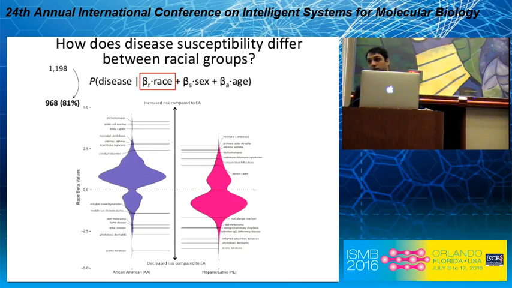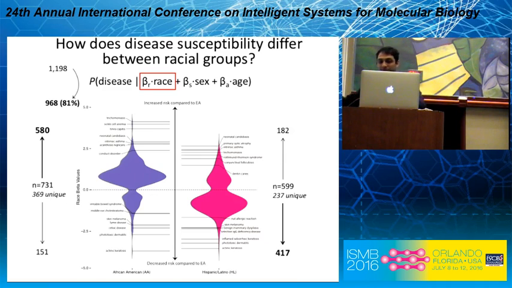Some of these diseases that are highlighted from a clinician in our group make clinical sense. Sickle cell anemia floats to the top of the African American risk, and for a lot of skin disorders, being African American or Hispanic Latino is protective. There's increased risk for European Americans. We can also notice a trend here where for the African Americans, it seems like the majority of diseases are at an increased risk compared to Caucasians. And for Hispanic Latinos, it's the opposite trend, which we can keep in mind for the rest of the talk.